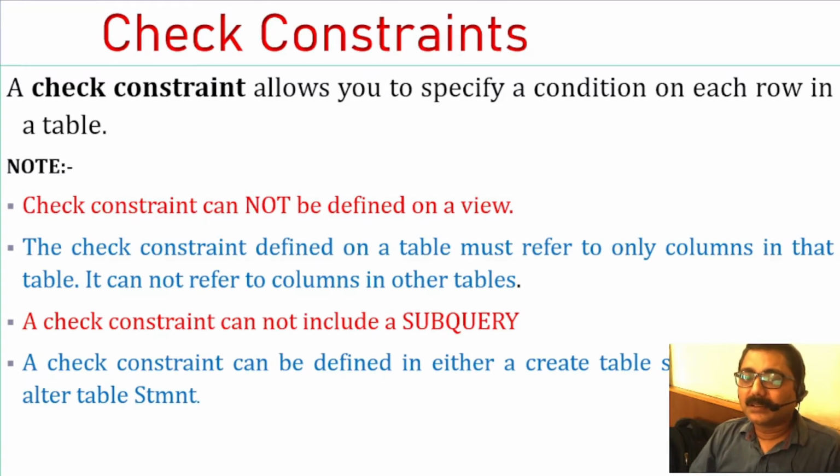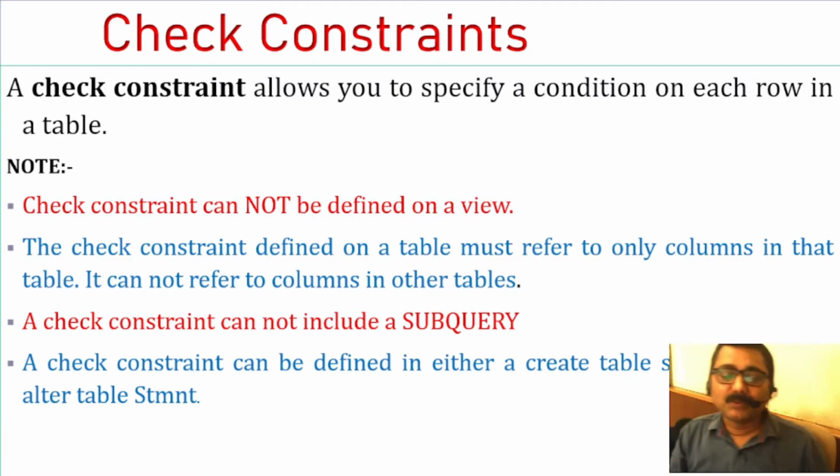Similarly, suppose in an RTO office you try to apply for a driving license, and there is a condition that your age must be 18 and above. In that case, this check constraint will help you a lot, and you will be able to define the age criteria. And if any applicant is not able to fulfill that criteria, their application will be rejected, right? I hope as of now you understand the use of check constraints.